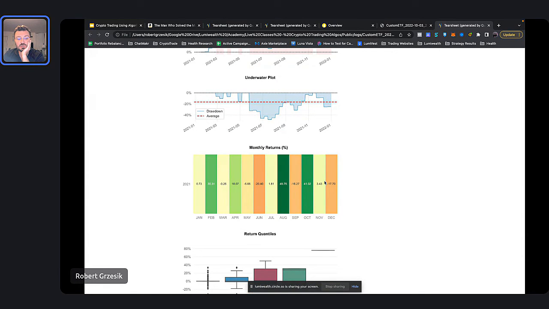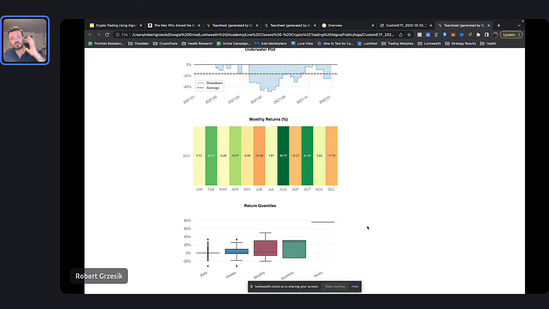Here are the monthly returns. The best one last year would have been August. You would have made almost 50% in August. That's wow, that's huge. And your worst month would have been June, probably. I think that's the worst one there. So you can automatically see what months were better or what months were worse. So you could really break down your algorithm and really understand the details of how this thing is performing.